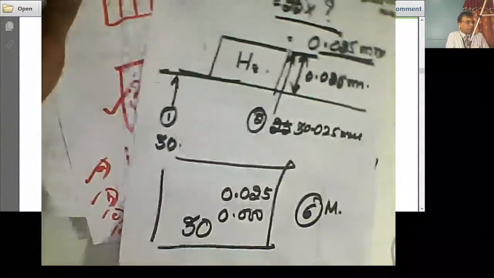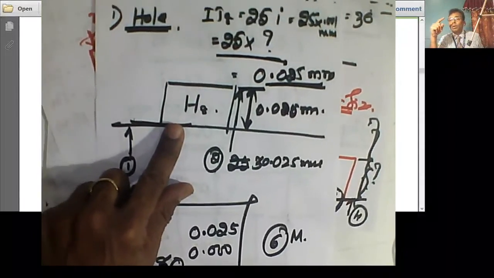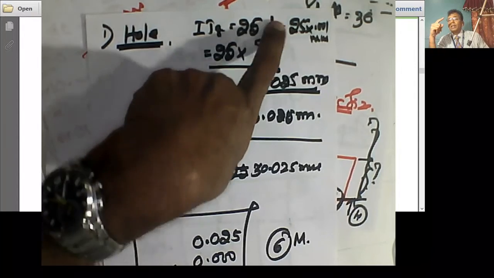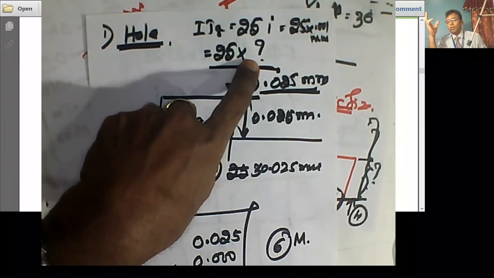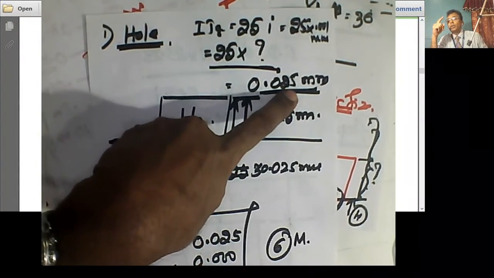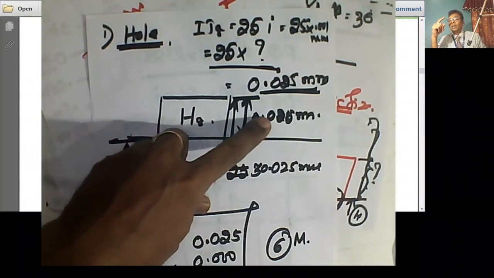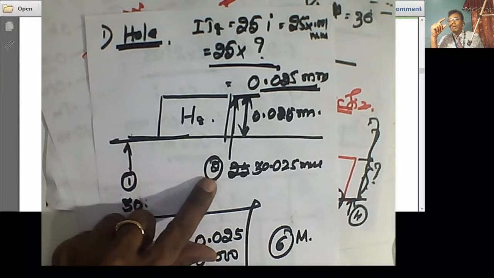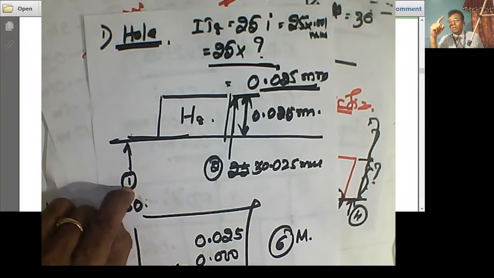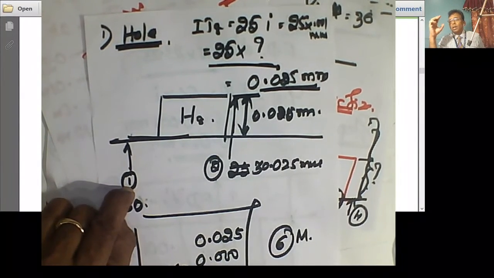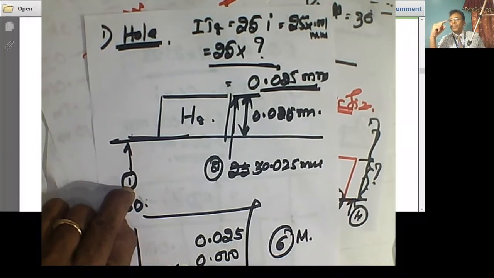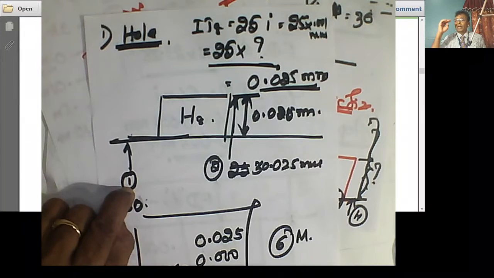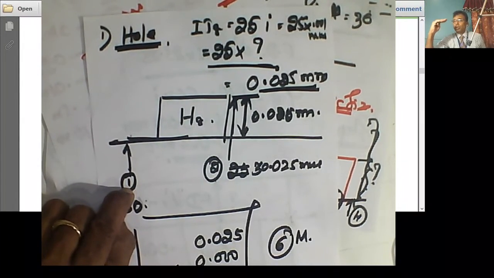Okay, here hole dimension. Hole is H8, find out IT8 is 25I, that is equal to 25 into whatever the I value you substitute, you get 0.025 mm. You write that here. This is the tolerance for hole. Now, one value of hole is 30 because the fundamental deviation is 0. So the minimum dimension of the hole size is 30 mm. H8 cannot come below 30.